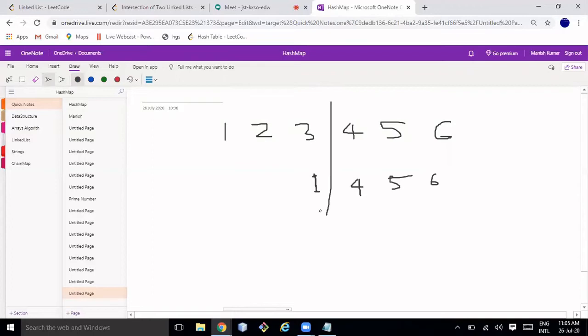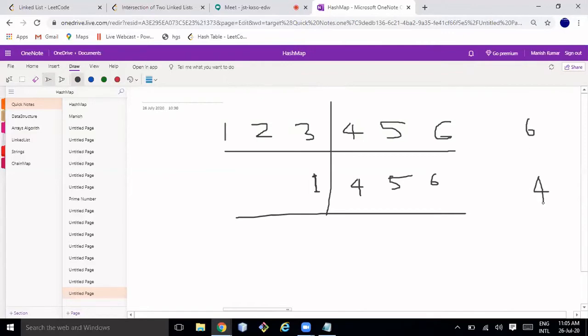Okay, what if I get the number of elements in this list and the number of elements in this list? So I got 6 elements in this list, 4 elements in this list. So obviously there are more elements. What if I hop this head pointer 2 times? 1, 2, and I keep decrementing 5, 4.